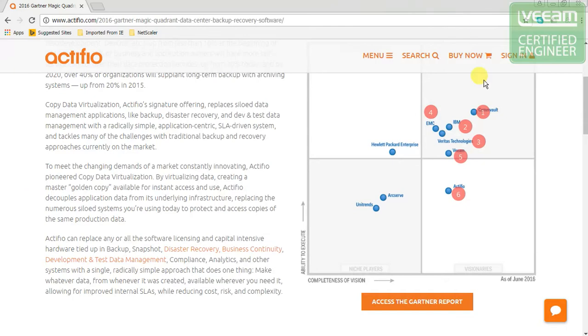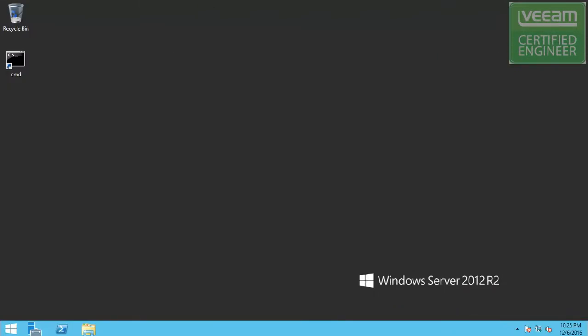So this is just the overview actually about Veeam. So let's see, move this thing out. Man, I gotta move this thing. All right, I'm gonna move this thing out of the way. So what we're gonna do actually, we're gonna see where to start basically. There are a couple of things, the Veeam certification